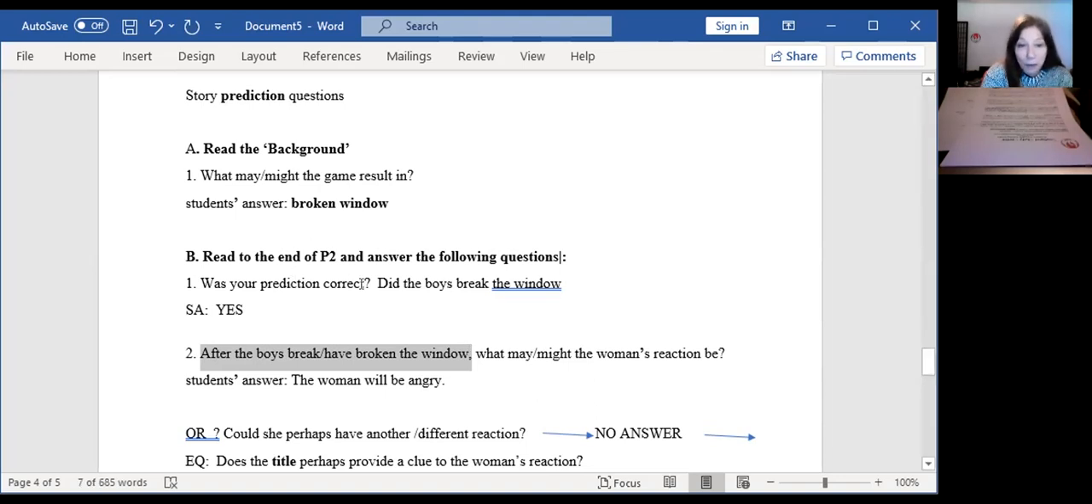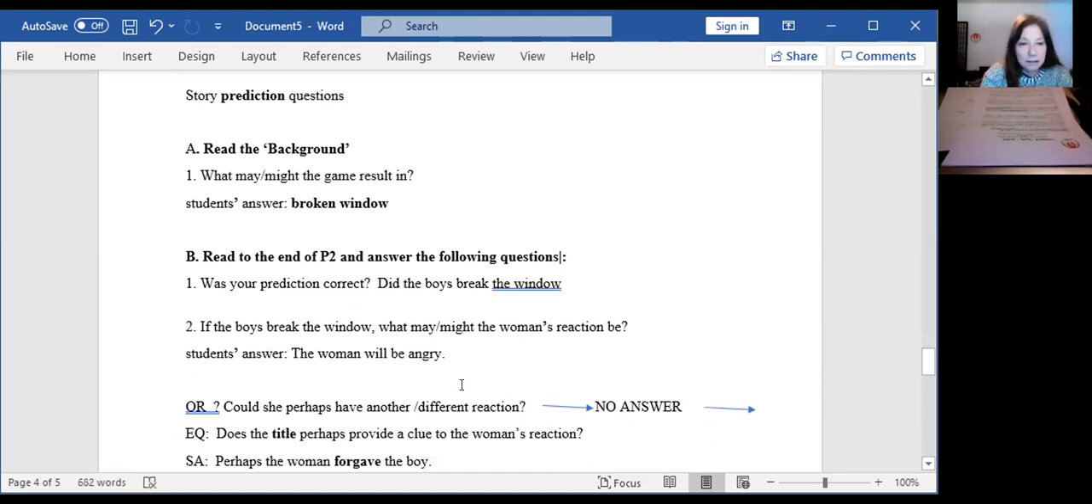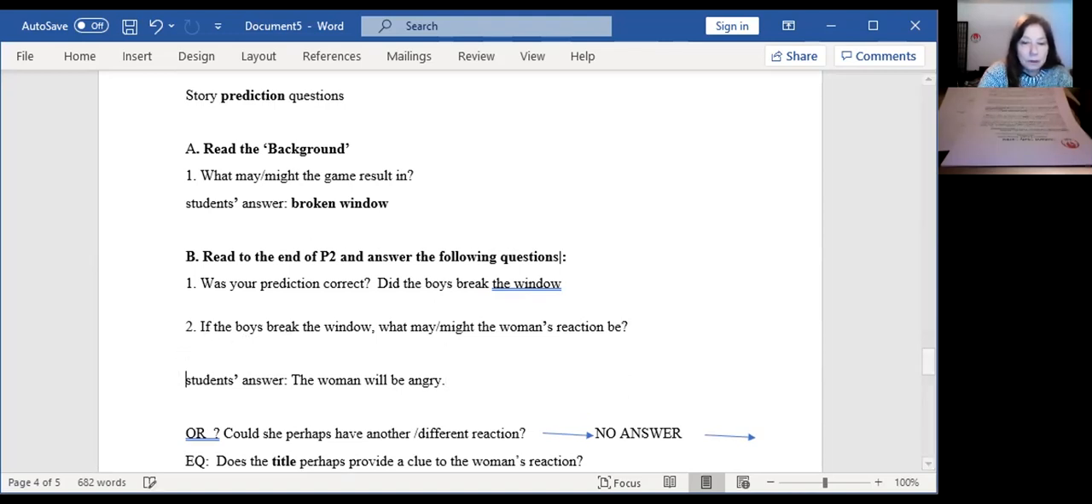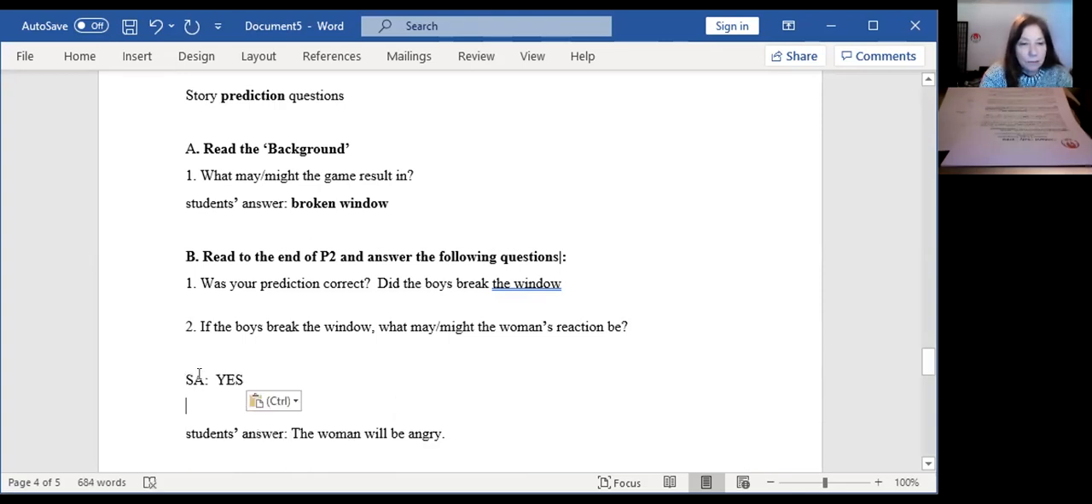You're saying, did the boys break the window? After the boys have broken the window, what might the woman's reaction be? Here, you're saying the boys did break the window. It would be better to say if the boys. Keep it hypothetical because they haven't read it yet. If the boys break the window, right? And then you get them to answer later. You get them to answer later. You get student answer 1, yes, and student answer 2,